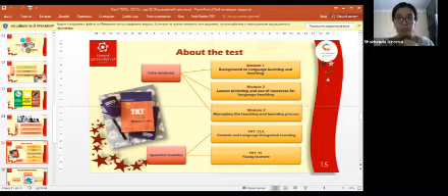This test consists of two types of modules. First is core modules and specialist modules. Core modules divide into three modules. The first module is where you will be tested about background to language learning and teaching. So you will be tested about what is language and methods of teaching. In the second module, you will be tested about lesson planning and use of resources for language teaching. And the third module is about managing the teaching and learning process.